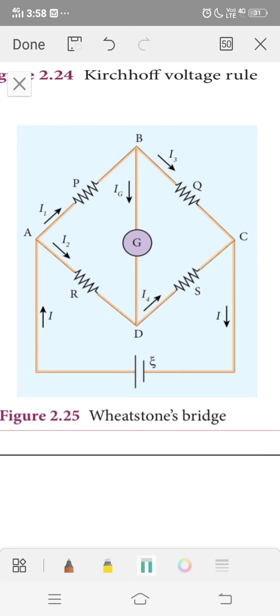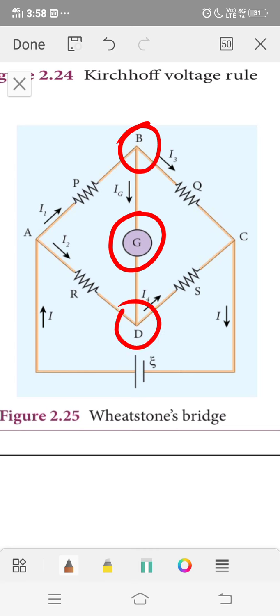The galvanometer is an instrument used to detect current through its magnetic effect. When current is flowing inside the circuit or inside the conductor, it deflects, or it induces a magnetic field. So here we connect the galvanometer across the points B and D. With this Wheatstone Bridge, we are going to find the unknown resistance.